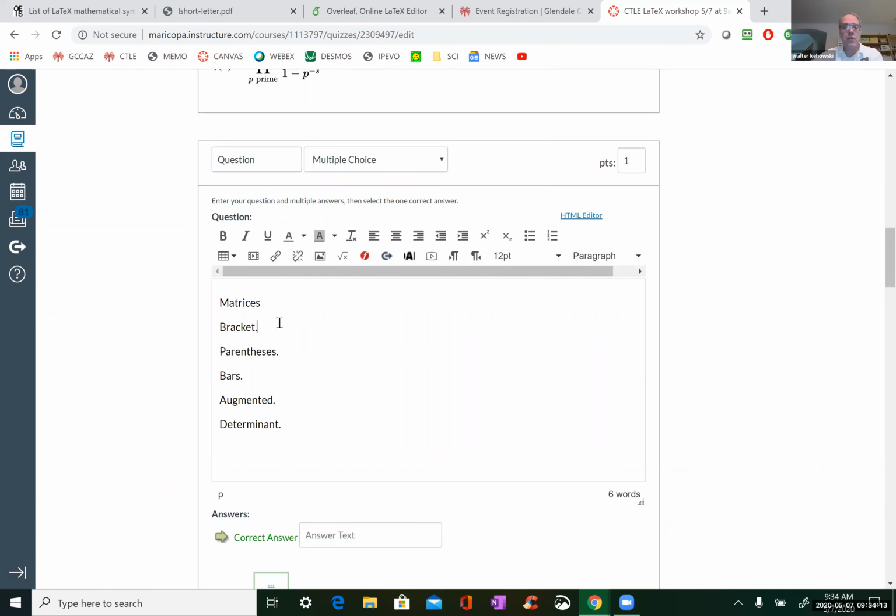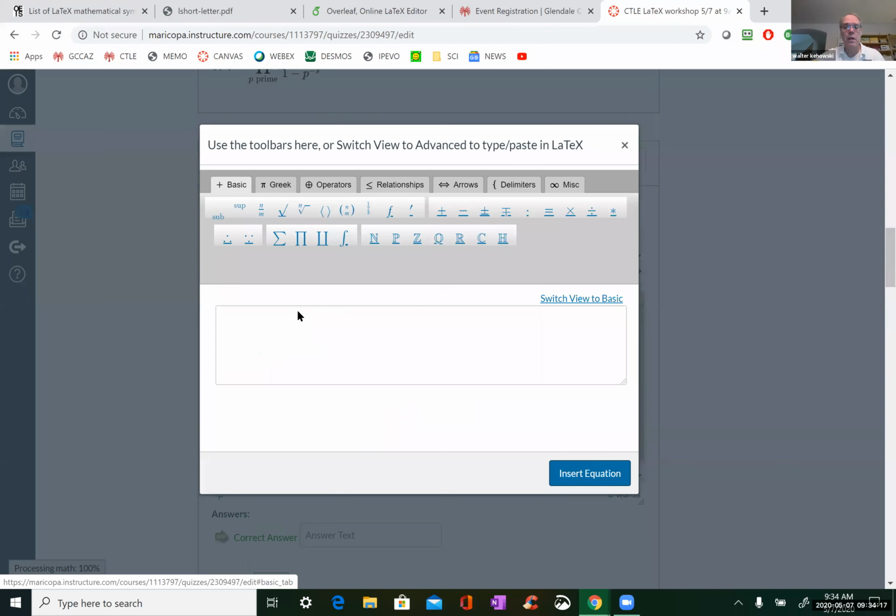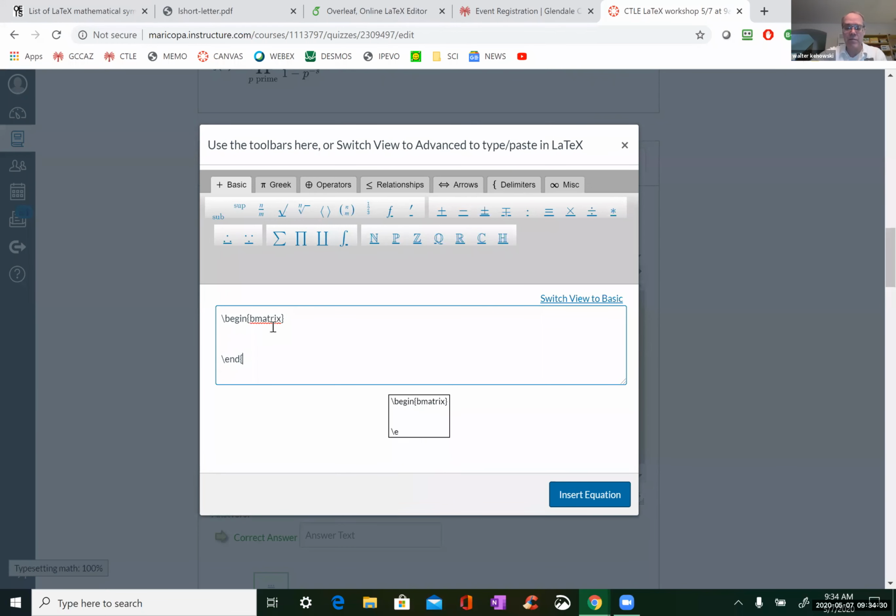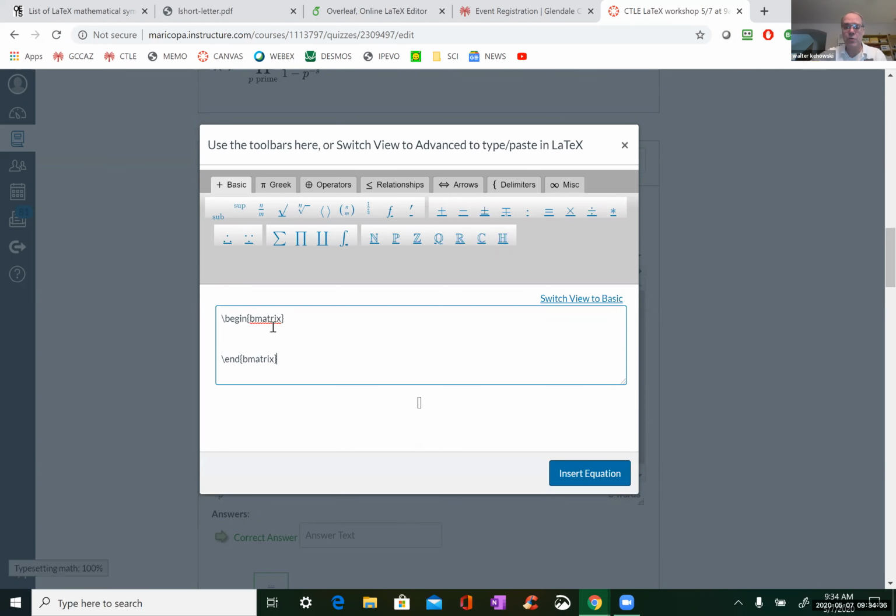So if you want to do, let's just do 2 by 2, of course, to keep things simple. Now, if you want a different matrix, you do B matrix, begin. See, again, LaTeX has these environments, and there's a whole bunch of environments of all kinds. Okay, so there you go.